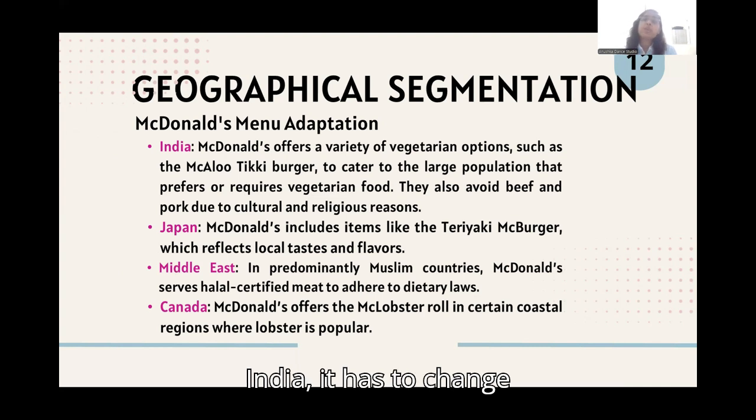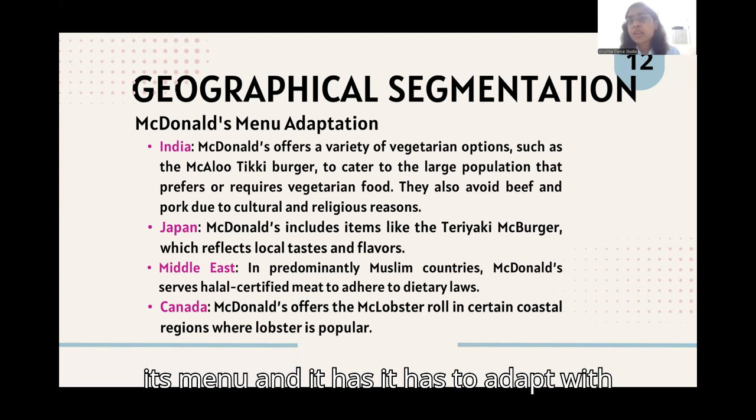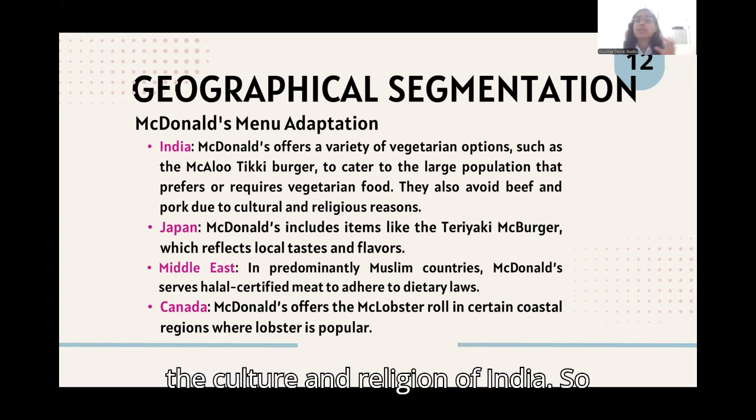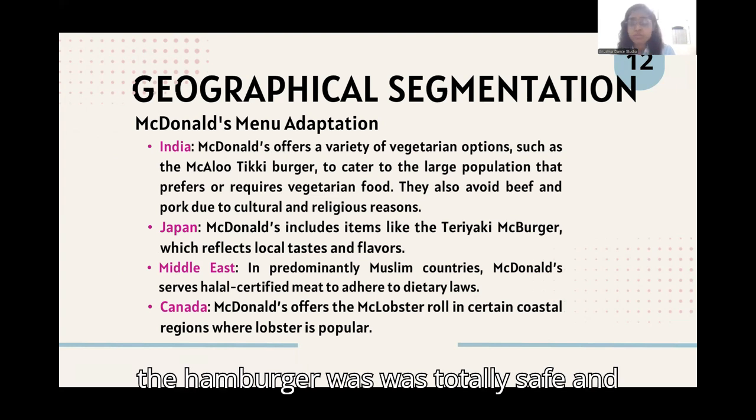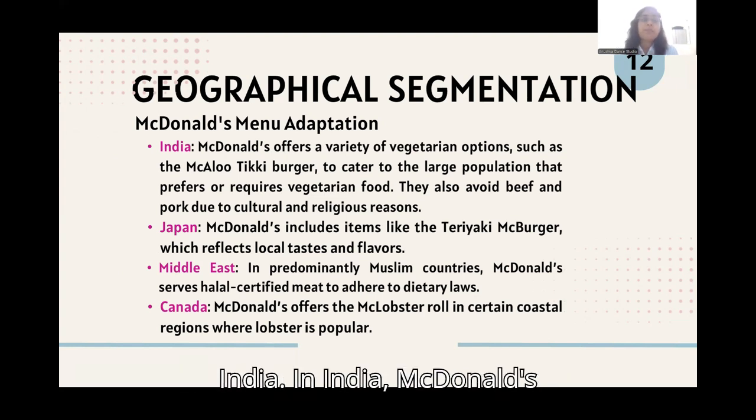But when it came to India, it had to change its menu and adapt to the culture and religion of India. So the hamburger totally failed, and in India, McDonald's offered a variety of vegetarian options,